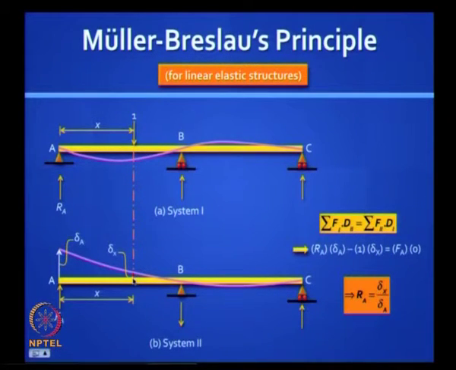And so it follows that RA is equal to delta X by delta A, and that simple equation has a powerful meaning. It basically says that if you want the influence line for the vertical reaction in this 2-span continuous beam, if you want the influence line for RA, all you need to do is to